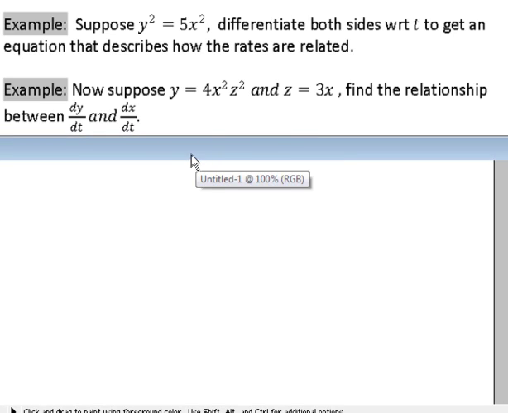All right, just practicing leading up to these related rate problems, sometimes what we do in related rate problems is we have 2 variables that we're interested in. Let's say, again, I'm calling them y and x. And the third variable is z, that's sort of just in the way. We want to find the relationship between dy/dt and dx/dt. In this equation, we have a z that we want to get rid of. So we have a second equation that gives z in terms of x. x is the variable that we are interested in. So what we do is first substitute for z,